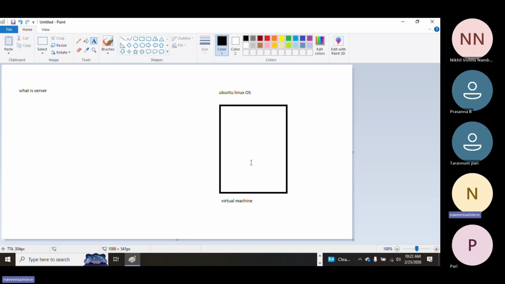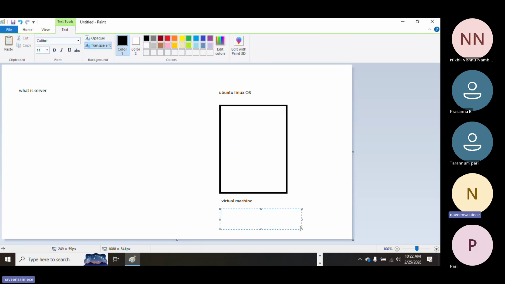Keep in mind always: you launch an Ubuntu machine in the cloud, or you launch a Windows server in the cloud, on premises, or in any data center. It is a server, but it is a blank server. Then what will we use it for? We will run our application inside the virtual machine or inside the server. Right now this is a blank server, but according to our requirement, we will make this server a particular server, with a particular purpose.